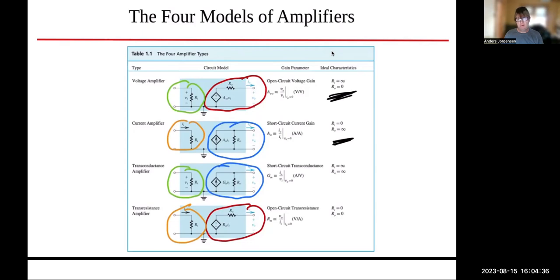And you've done this before in your circuits classes. You've worked out how to translate between a Thevenin source and a Norton source, which is the current source. All right, so that was a quick introduction to the four linear types of amplifiers that we will be talking about in this